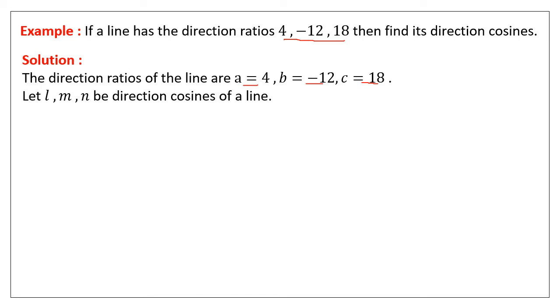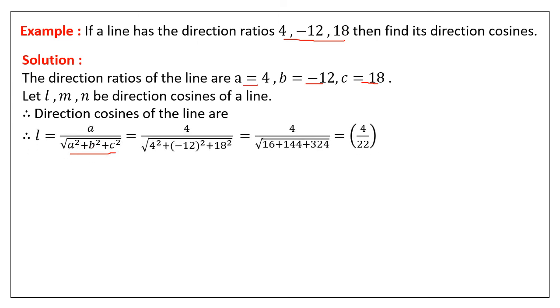So using the formula, L = A/√(A² + B² + C²). Substitute the value of 4 here and A², B² and C² in the denominator. So we have here 4/√(4² + (-12)² + 18²)